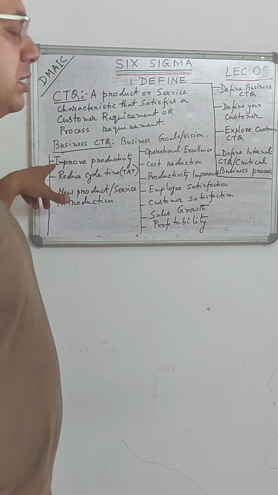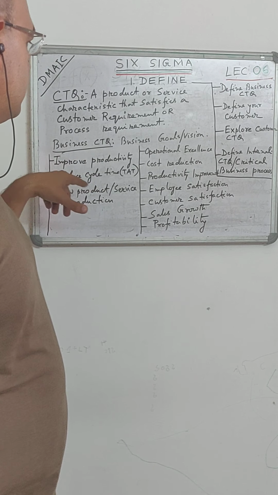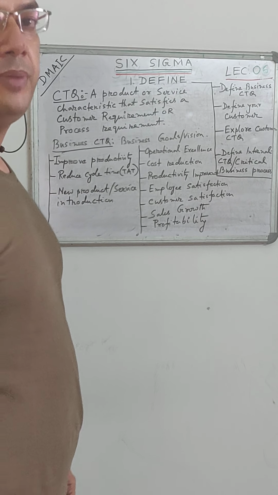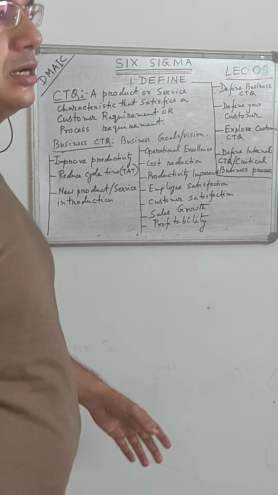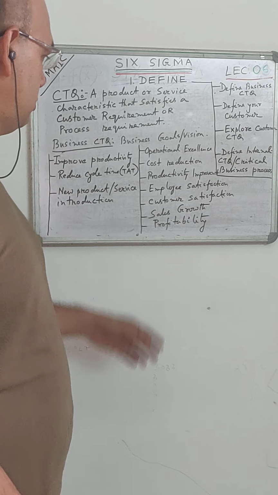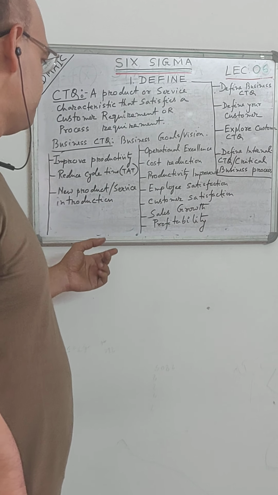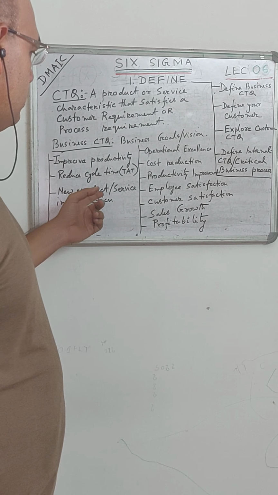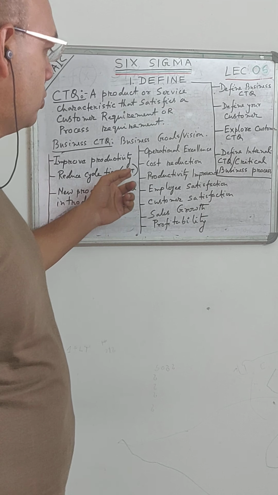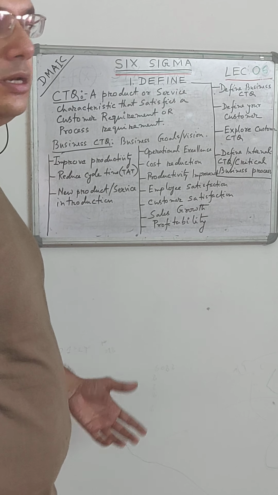Then improve productivity, that is always discussed. And another business goal we can have is reduction of cycle time. Like in any batch process or any kind of process, there is a turnaround time or cycle time, so that we can increase the sales growth or productivity. Or even for logistics, if my logistics time is more, turnaround time is more, then I will be able to send or receive